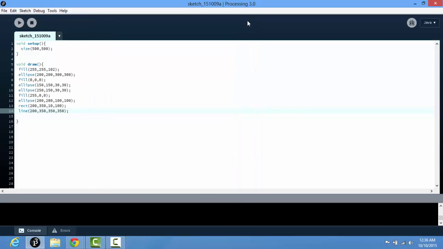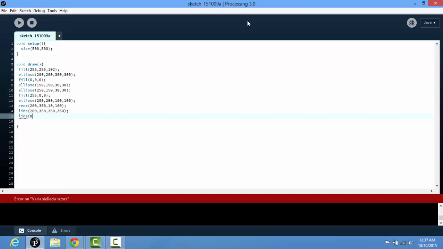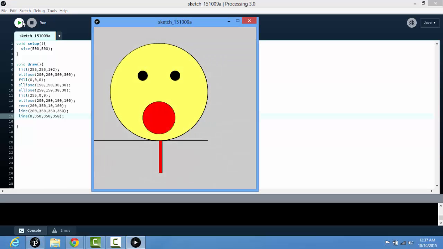So let's make the other arm. Do line. Let's see. Now you do, let's say 0 by 350, and let's just continue with a 350. And let's see. Okay, so now we have a character. A little disoriented character, but